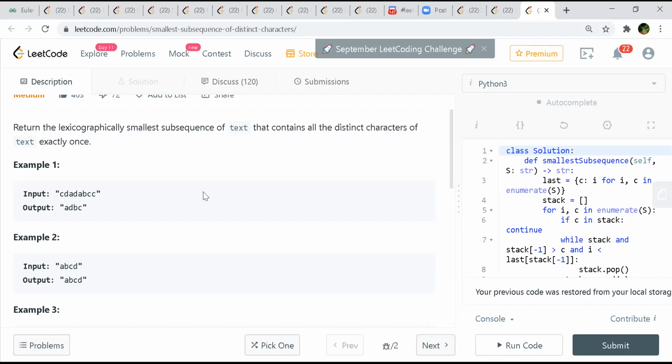We can obtain all the subsequences which are of length greater than or equal to the distinct count, and then sort those subsequences and return the smallest one. But when we are forming subsequences, we'll have to maintain the order also, right? Yeah, that is what I was saying.